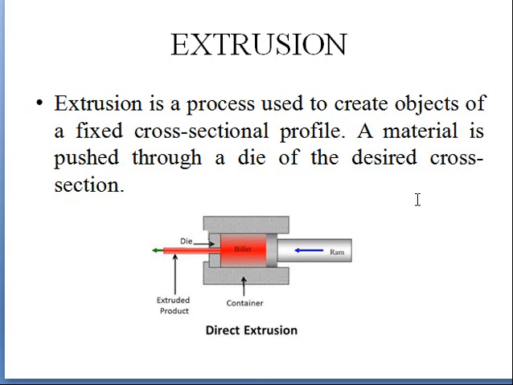The thing which you're seeing here in the figure is a direct extrusion. Here you have a container. Billet means workpiece. And this is the die with required design inside. It means required cross-section. This is the RAM. Here the ram will push the billet and now the material will come out with required cross section, and this is the product which we need. So this process of pushing the material and getting the required component of desired cross section is called extrusion.